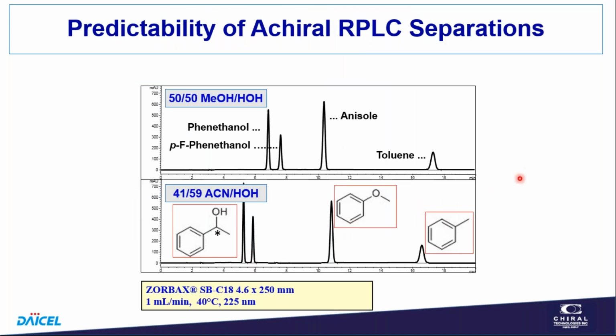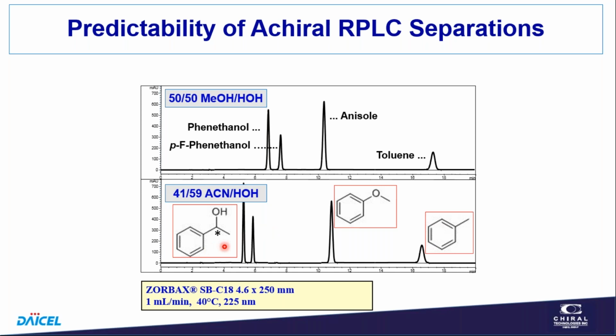They're fairly predictable. I don't want to spend a lot of time on this slide, but it shows us a lot of things. We know something about the eluotropic strength of alcohols, like methanol versus acetonitrile. We know ACN is a stronger solvent, so typically 40-60 acetonitrile-water is the same eluotropic strength as methanol 50-50. I think in the tables that I was looking at, it was like 41-50. So that's the mobile phase I used, and we get almost identical separation. There's a little less retention in acetonitrile for these benzyl alcohols.